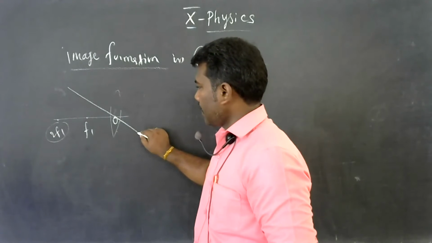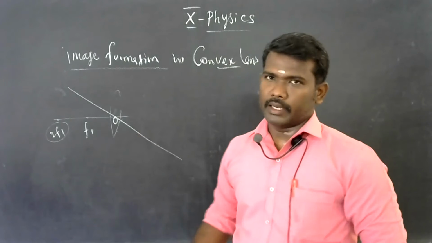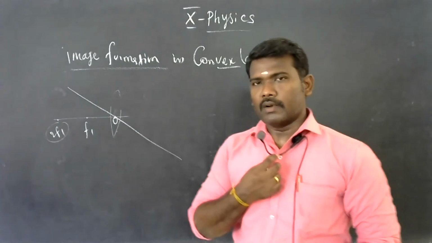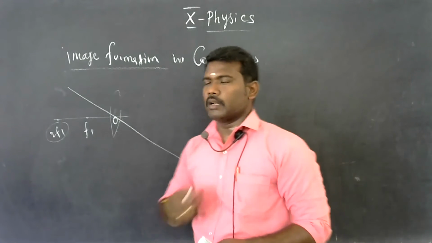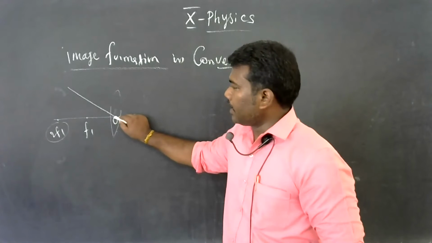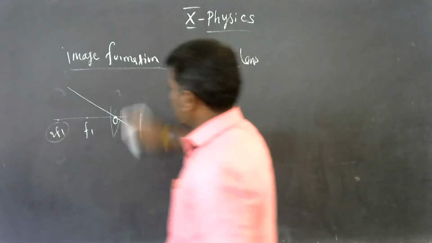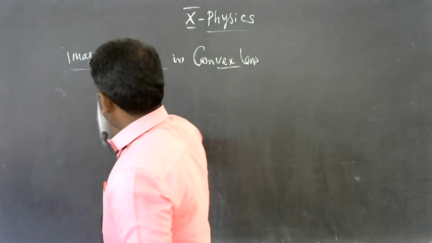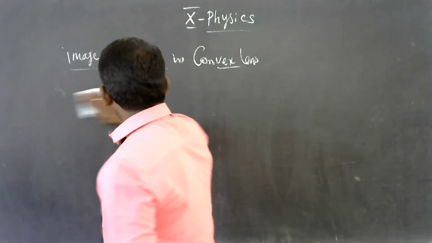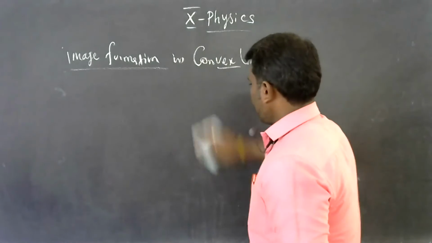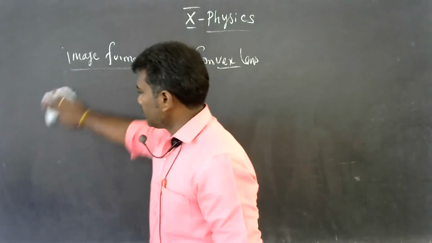That means the refracted light ray is not deviated, and the light ray never changes direction whenever the incident light ray passes through the optical center. Using these basic concepts, we are going to draw the image